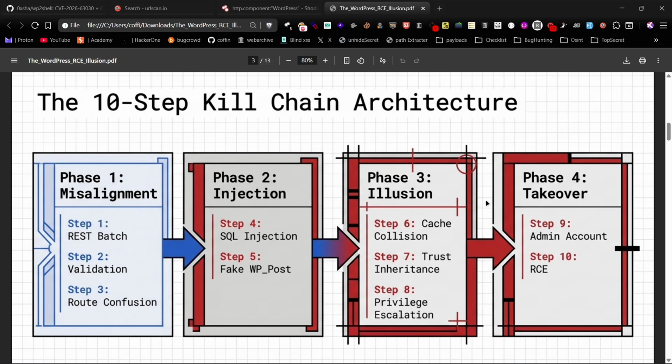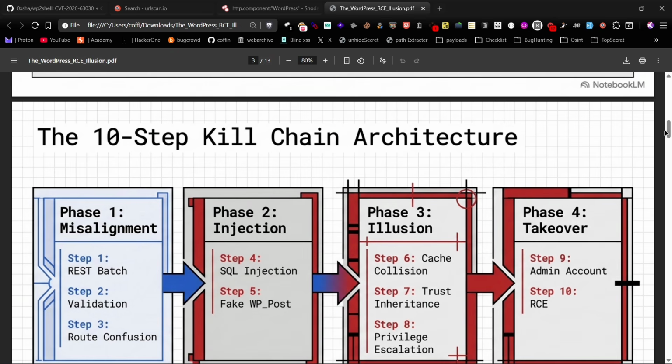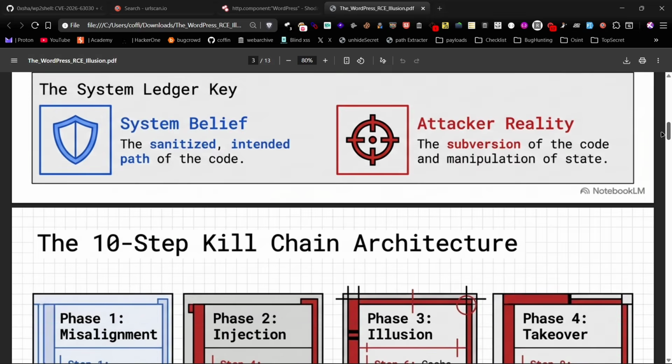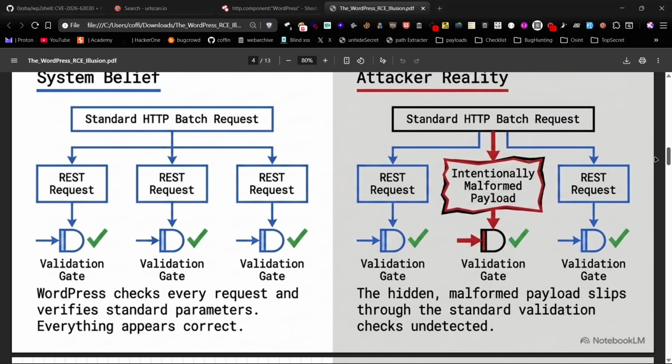Let's get started. Before we dive into the proof of concept, it's important to understand why this vulnerability is so impactful. WP2Shell isn't a single bug. It's an exploit chain that combines two separate vulnerabilities, a REST API route confusion issue and an SQL injection. Individually, these bugs are serious, but when chained together, they allow an unauthenticated attacker to escalate all the way to